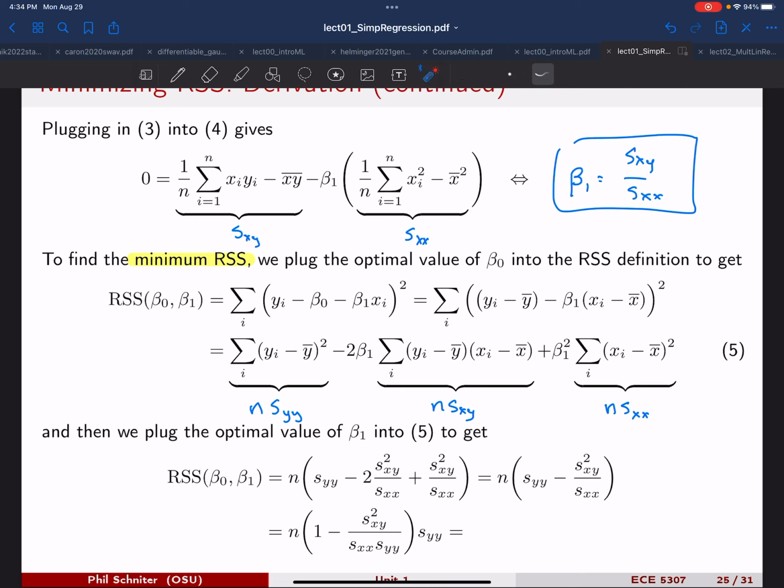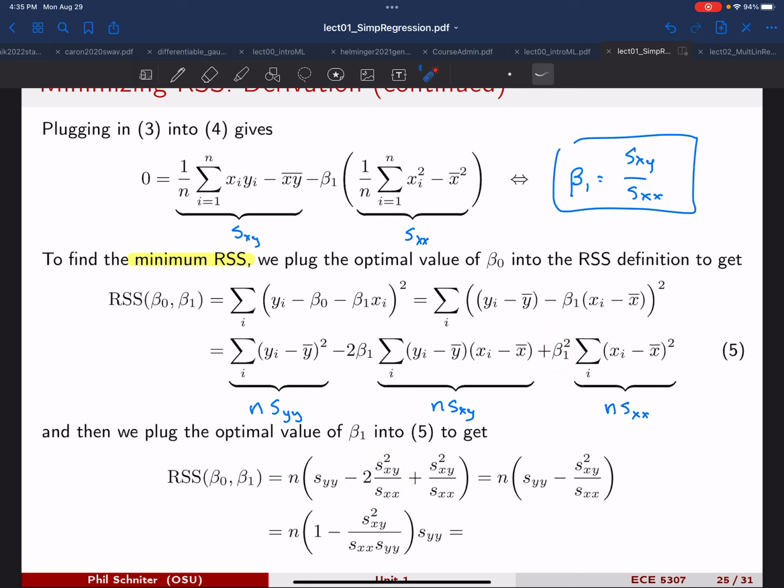So this is what we have so far. We also have to plug in beta 1. And that's going to put some more SXYs and SXXs in. In particular, all these terms have an n, so we can put the n out front. And then we're going to have SYY minus 2 times SXY times another SXY divided by SXX. So that's this. Oops. This one. And then finally we have,